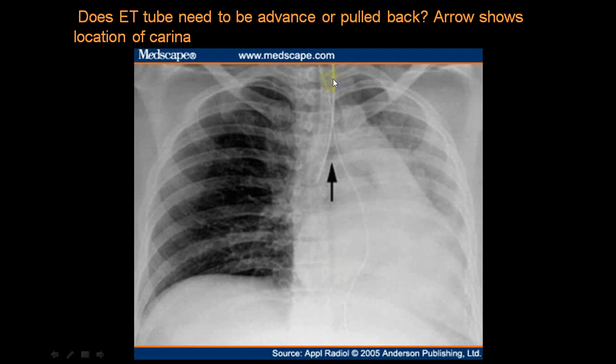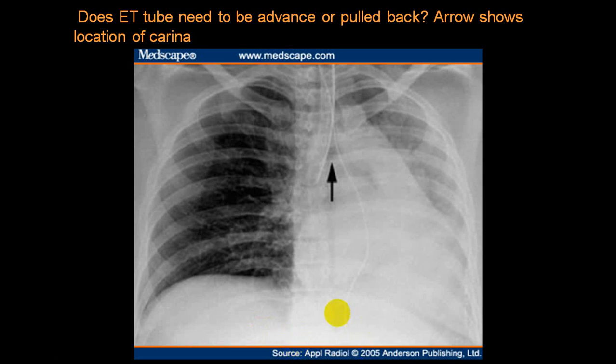Now suppose by chance if you push it more, now you can see that the person has ended up with a collapse. So advance back or pull back and see that one of the bronchus is not blocked. So this should be the thing when you look at the endotracheal tube, and this is very important when a person is in an ICU. See that he does not develop a collapse.